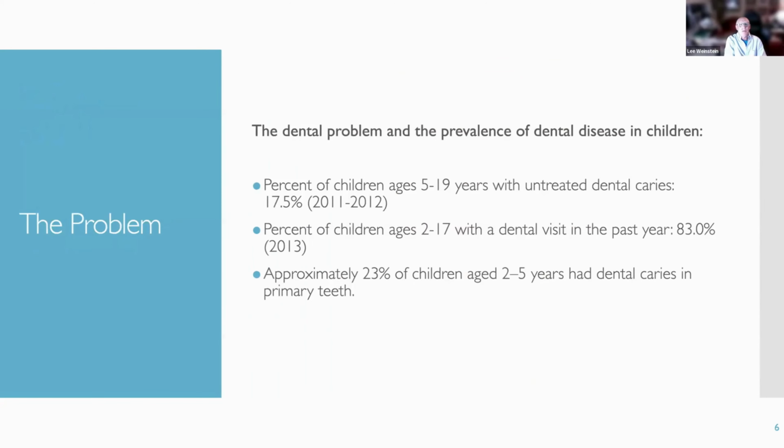Okay, so the dental problem in the United States and in the world altogether is really the prevalence of dental disease, which is epidemic. Now, some of these slides are a little bit older. I've just kept those because the new research has changed those numbers a bit, but the points are still the same. The percentage of children between 5 and 19 years old with untreated disease and dental caries is 17.5%. That was years ago. It has gone up since. That is a huge population of children that are left being untreated.